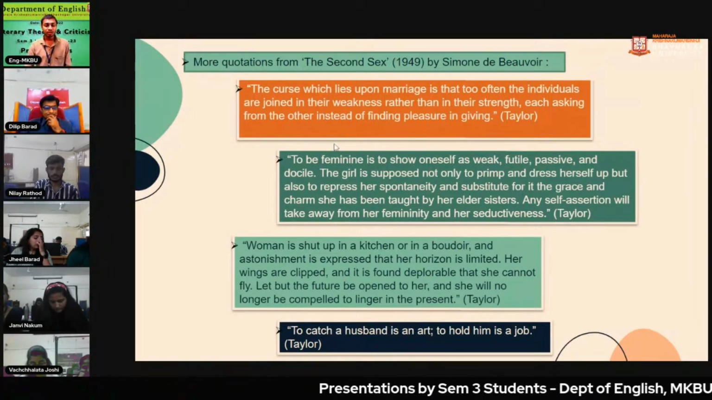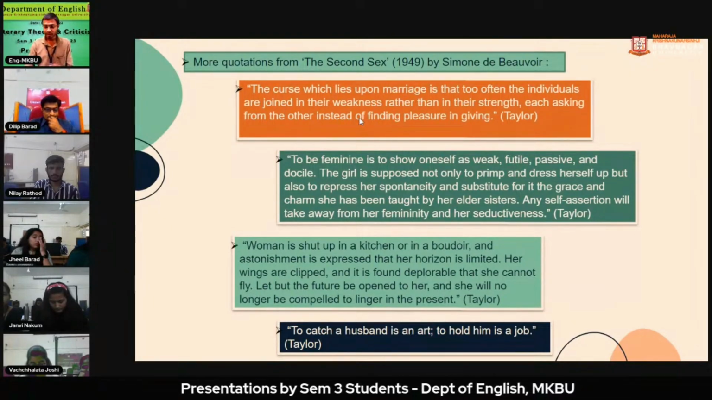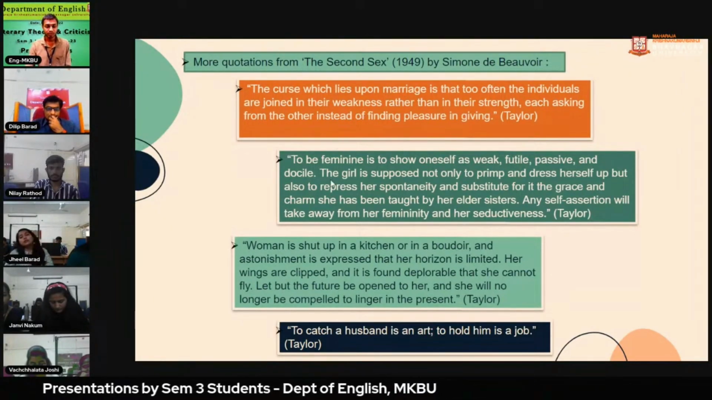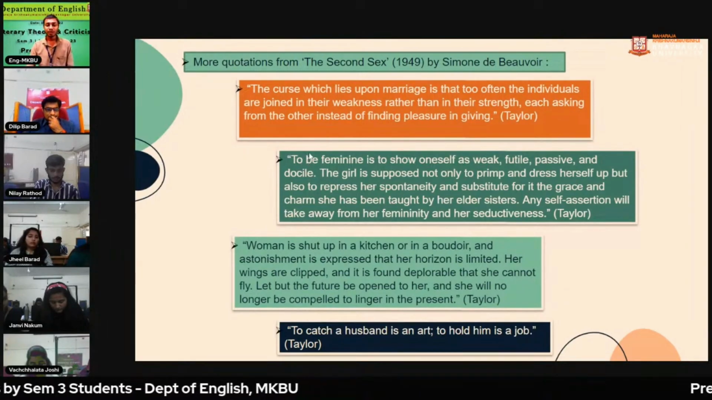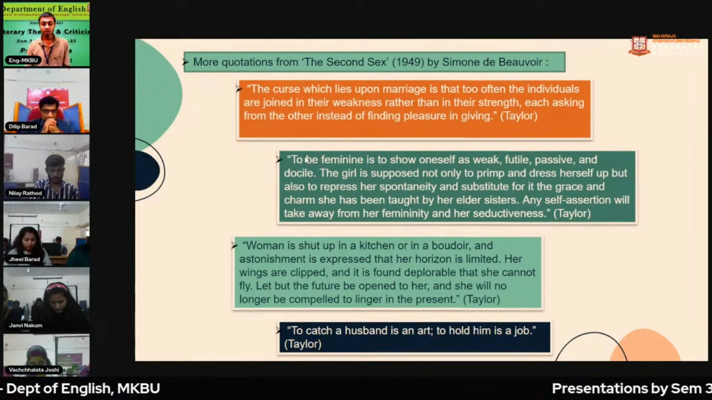And the second quotation is an allusive reference, as it breaks the rules that were proposed by the Manu Samhita. To be feminine is to show a second thing. To be